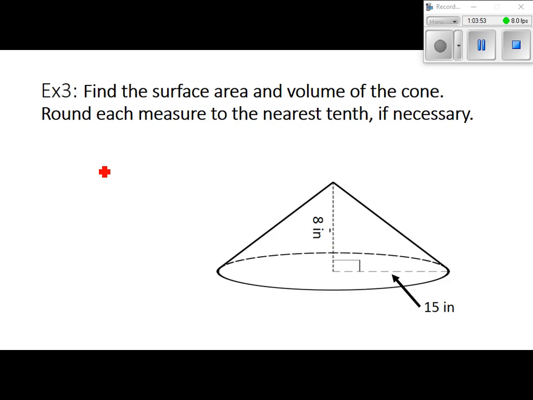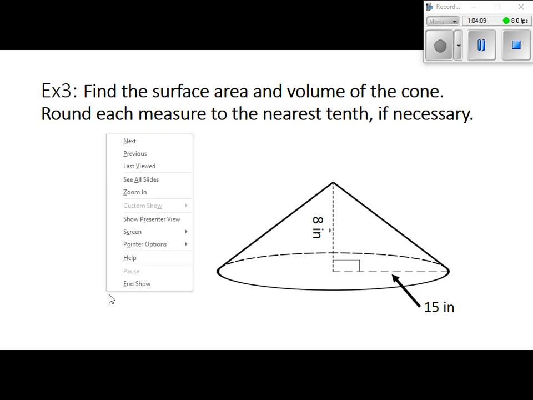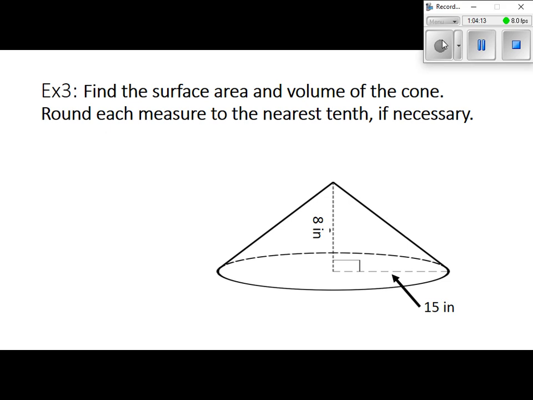Find the surface area and the volume of the cone. So if you look back at your notes, we had formulas for both of these. So you just look back and you find the formula for a cone. I'm going to do this. So with a cone, first, if we're going to do the surface area,